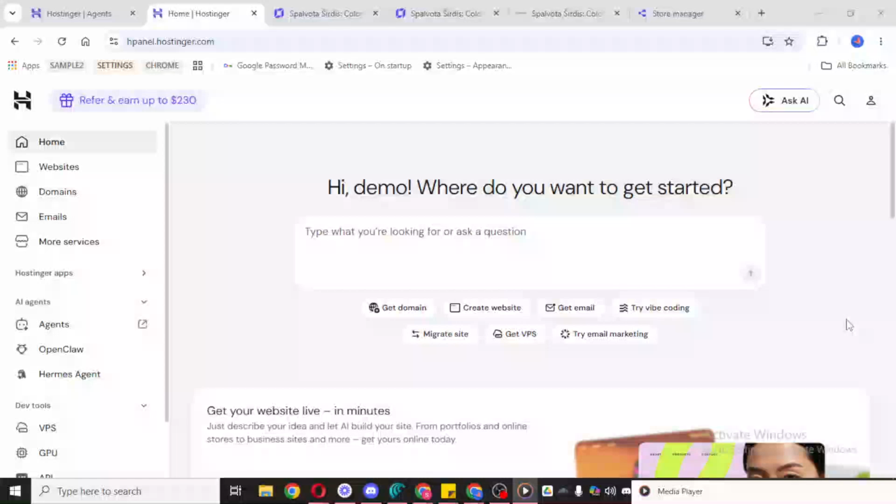In today's video, I'm going to teach you how to manage line spacing in Hostinger Website Builder. If you want your website text to look cleaner, easier to read, and more professional, adjusting line spacing can make a big difference. Line spacing controls the vertical space between lines of text, and even a small change can improve the overall look of a paragraph or heading. In Hostinger Website Builder, this is a quick adjustment once you know where to find it.